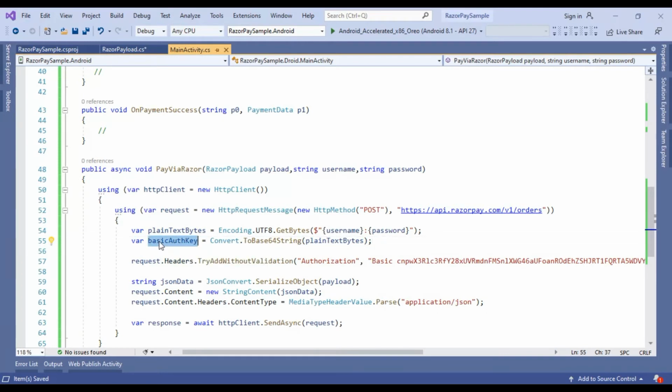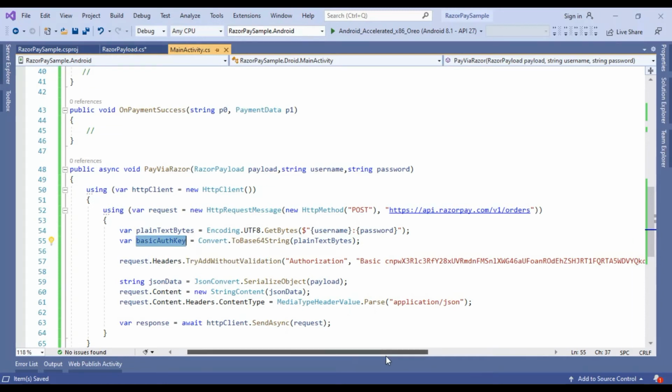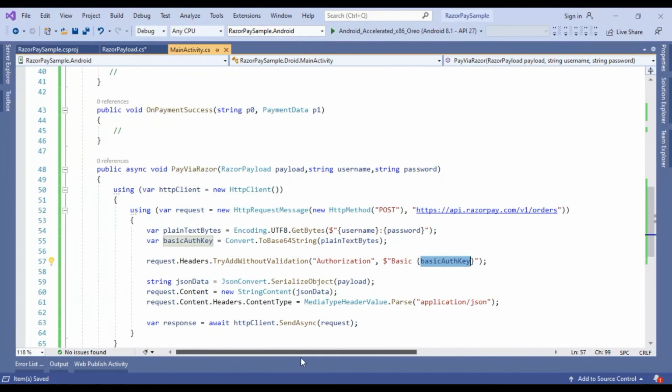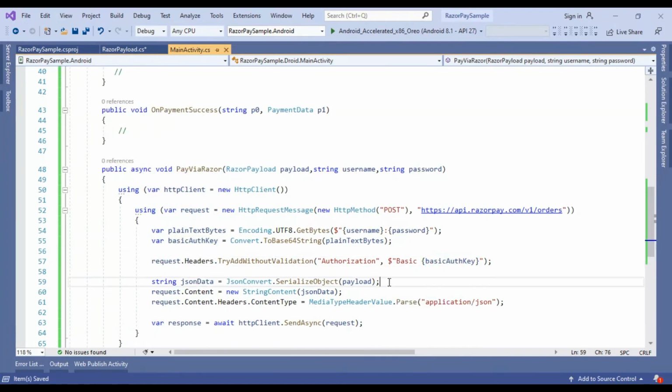We use this base64 string with simple concatenation, removing this string and concatenating the basic authentication key, because to use basic authentication we have to use the header property as Authorization, and use the value as Basic, give a space, and paste your base64 string. Okay, so this is the authorization part.